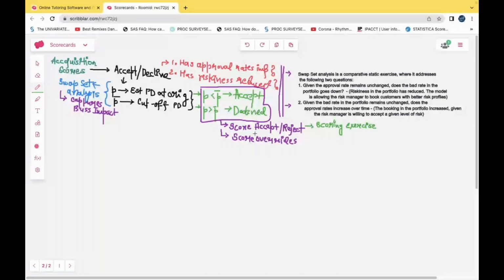Now there are two kinds of overrides. One is a policy override,